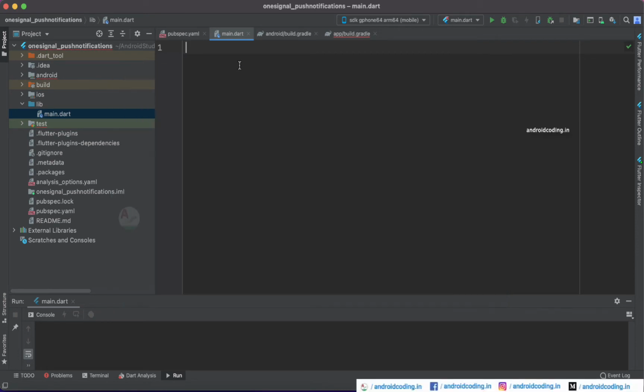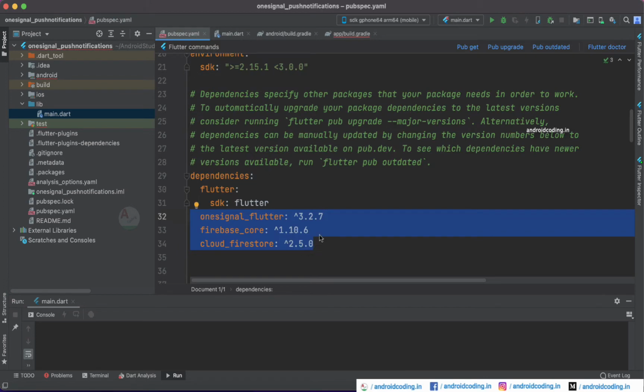We have also seen a previous tutorial on implementation of push notifications using Firebase. So you can just refer to this project before getting started with this particular tutorial, and if you are having a good knowledge regarding the implementation, you can just skip it. So now let's get started with our tutorial first, and let's add the dependencies here.